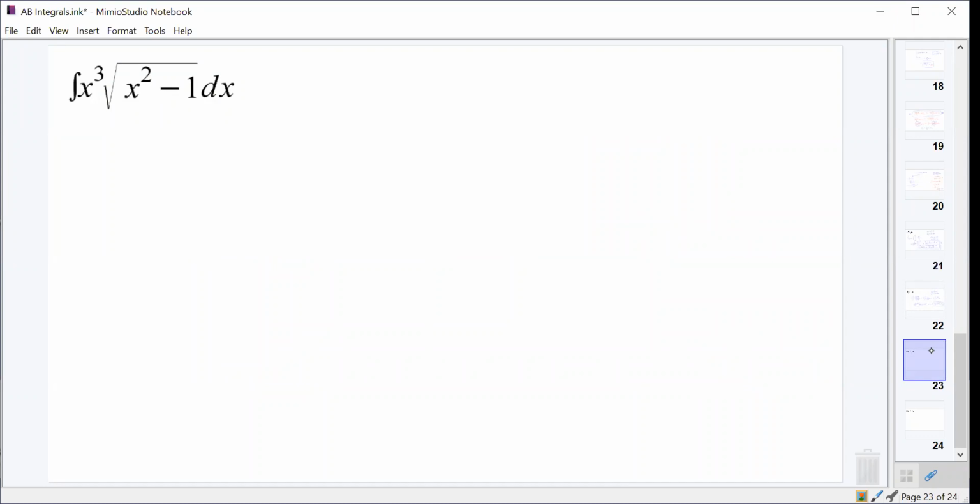What should u be? x squared minus 1. Yeah, all right. So if u is x squared minus 1, what is du? 2x dx. All right, so let's see what's going on here. We've got an integral of, we had x cubed,